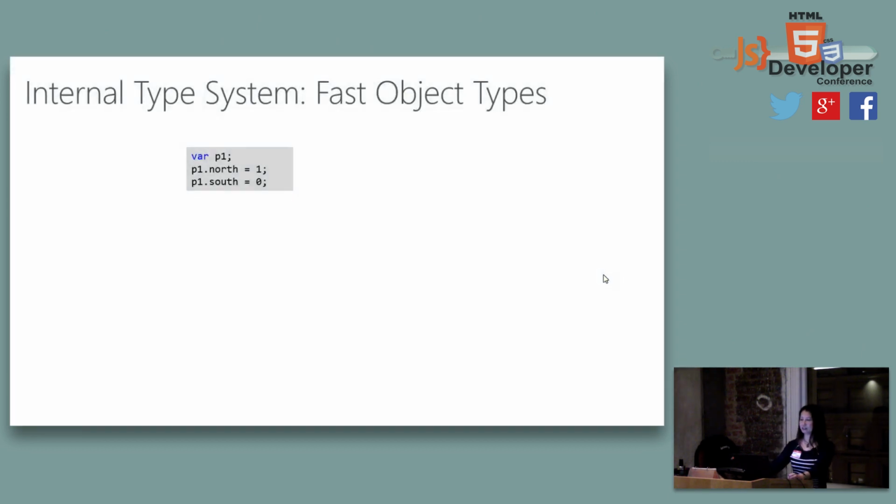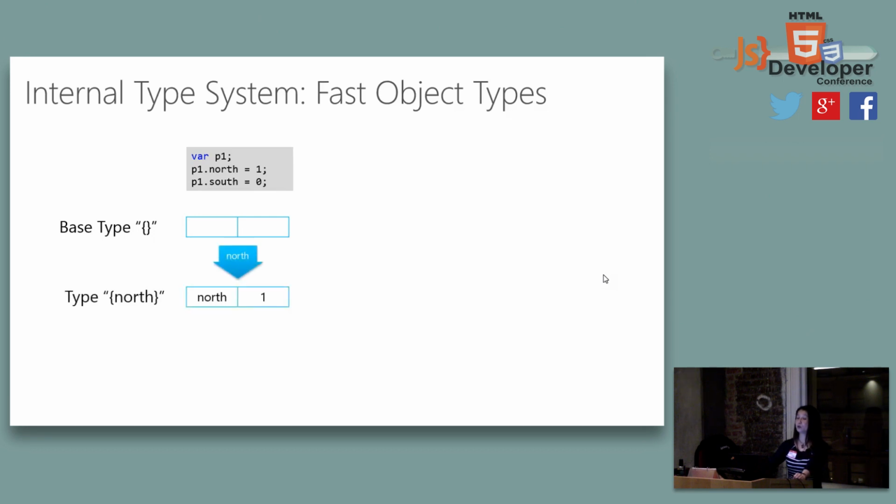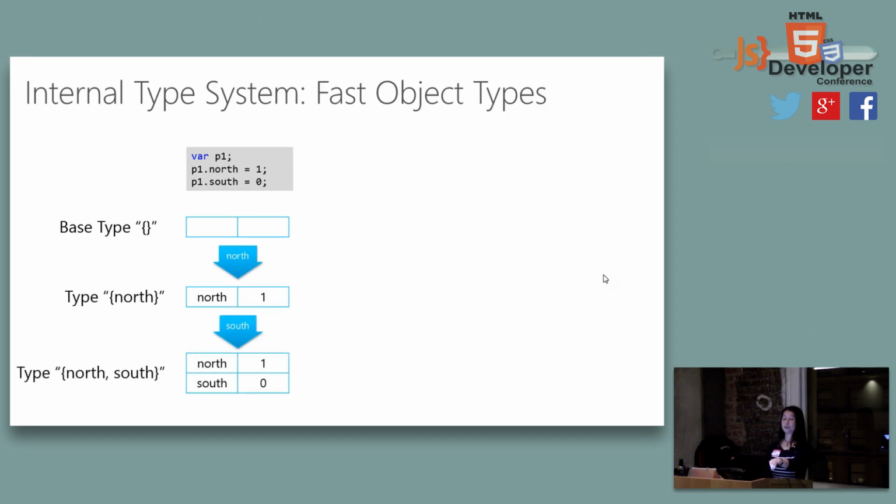Okay, second thing is about fast object type and creation. Now, I know a lot of people think they know object creation, they know how to assign properties very well. But let me show you this example. Okay, so I have a variable. I have two different properties called north and south. I'm assigning different values into these properties, right? So I have north equal to 1, south equal to 0. So every time you're assigning those things, the JavaScript engine has to allocate a different object type for you. So this is how it goes, exactly in terms of the engine, in terms of the memory.